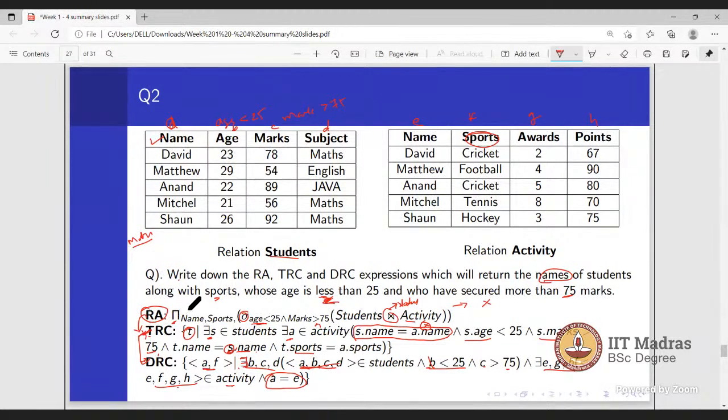Sir, I have a doubt here. Why in DRC didn't you use F here? You can mention the F also, that is no issue. You can also mention the A. It's always recommended to mention all the attributes present in the table. Because we are not applying any condition on this particular A domain variable, I have omitted that. But it is better to use all the variables.